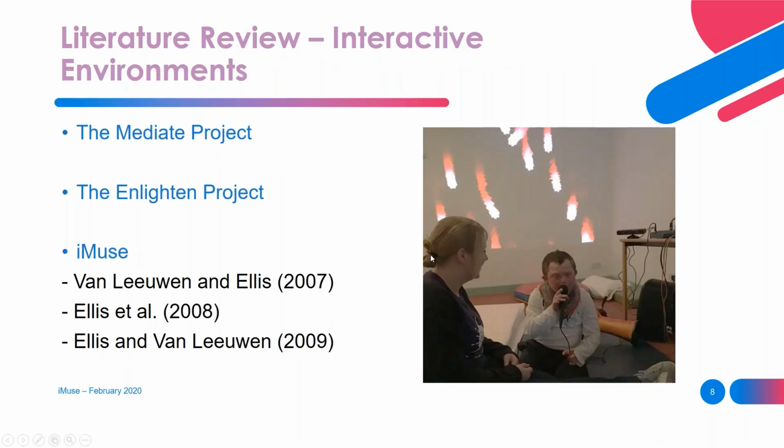And then I looked at the literature specifically about interactive environments. So I looked at 2 different interactive environments, and then also at iMuse. I looked at the Mediate project, which is an adaptive environment that generates visual, oral, and tactile stimuli to allow people to express themselves. So it's quite a complex system, as it describes itself, and it adapts itself to set up a dialogue